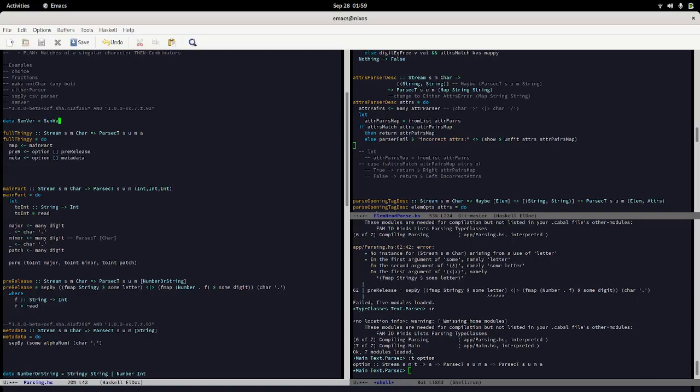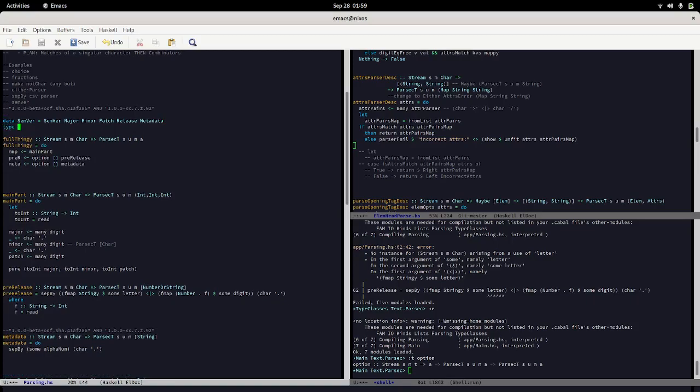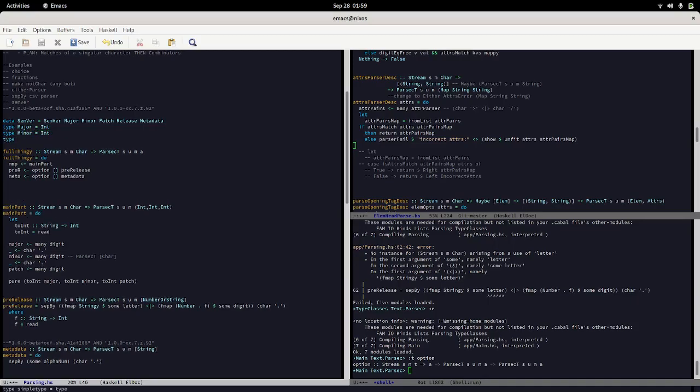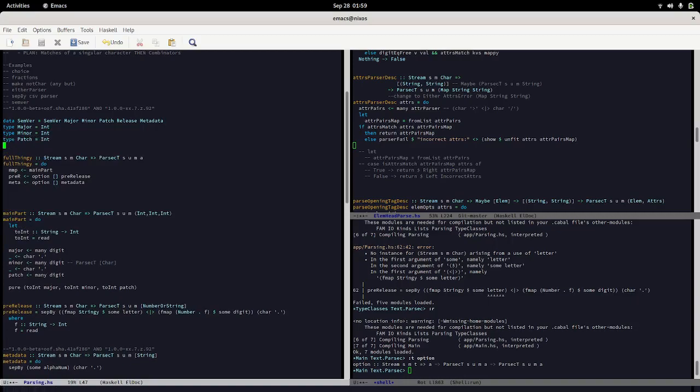Let's call it... let's make it like this. Major, minor, patch, release, and metadata. And these are all just going to be type synonyms. Type major equals int, type minor equals int, type patch equals int, type release is a list of